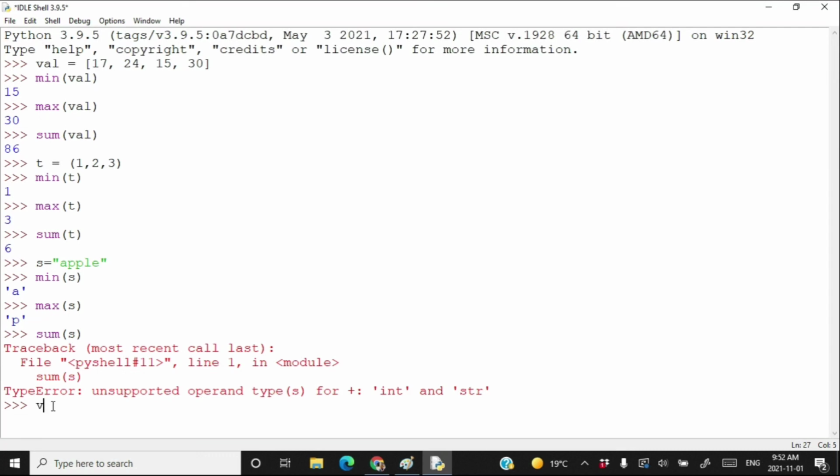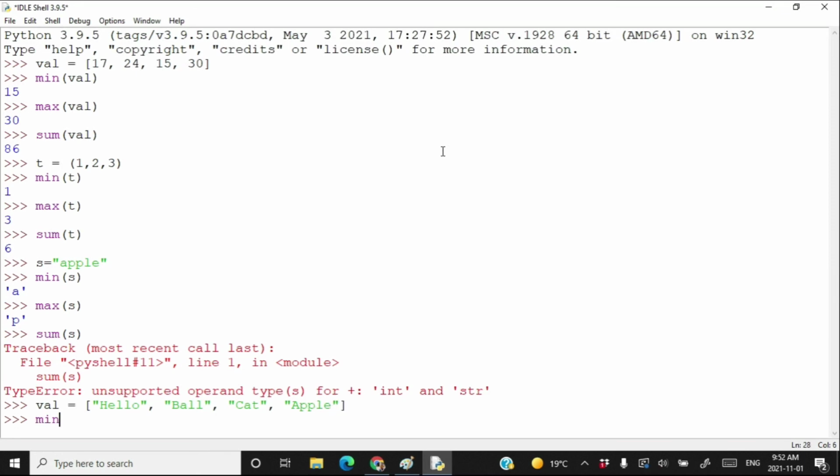Let's try another example. Val is equal to, in a list, write hello, ball, cat and apple. Press enter.